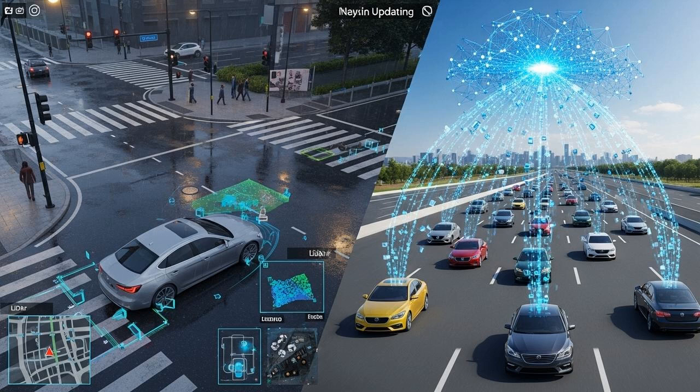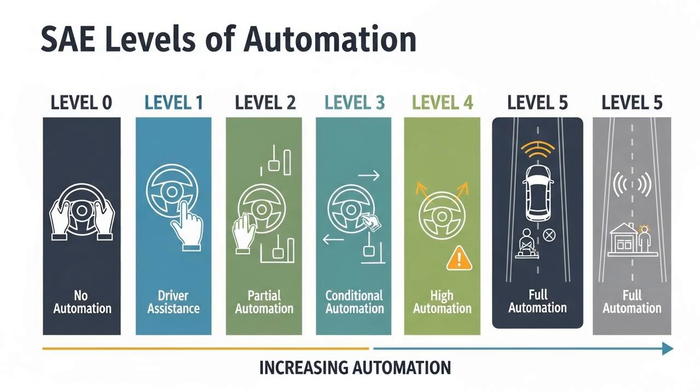The race to build these autonomous brains has created a fascinating landscape of competitors, each with a different strategy. First, it helps to know the SAE levels of automation. They range from level 0, which is no automation, to level 5, a car that can drive anywhere, anytime without a human. Most of today's robotaxis operate at level 4, meaning they are fully autonomous, but only within a specific,